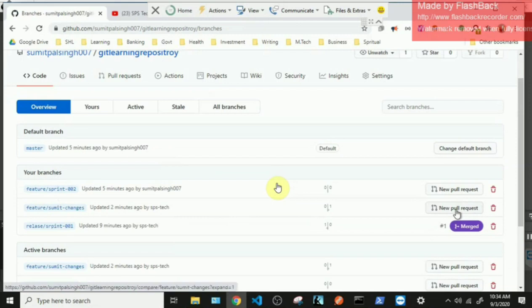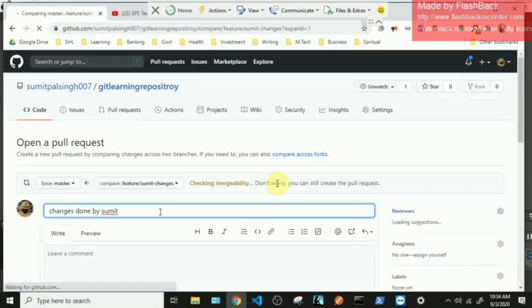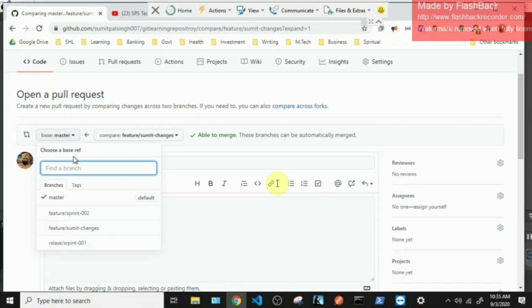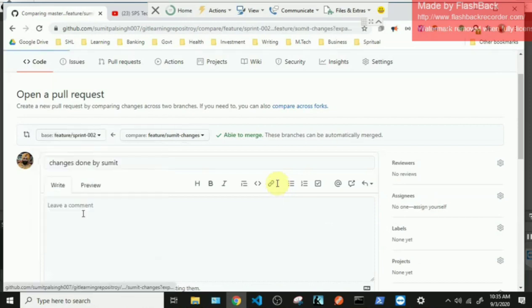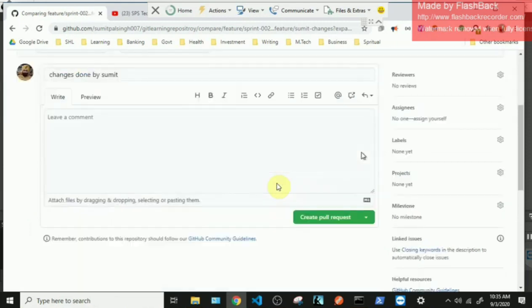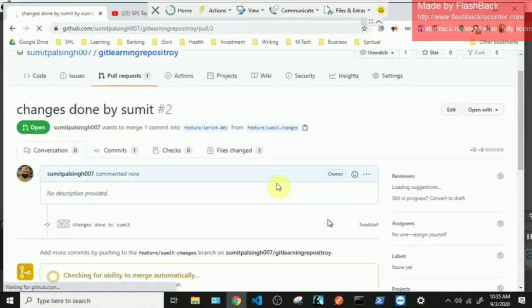And in this pull request, the source is Sumit changes. The target will not be master. It will be sprint 2. So Sumit is creating a pull request from his local branch to sprint 2 branch. So I'll just create the pull request. And we'll wait. We'll not merge this pull request as of now.